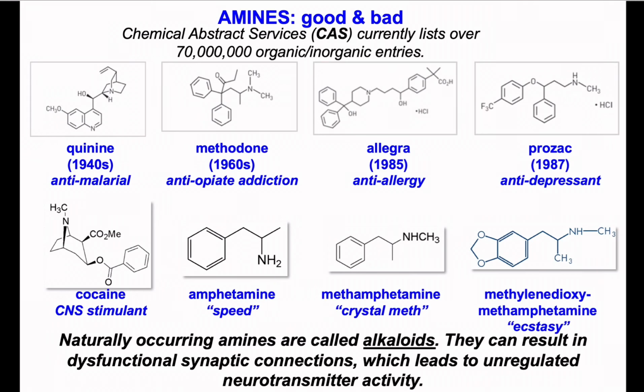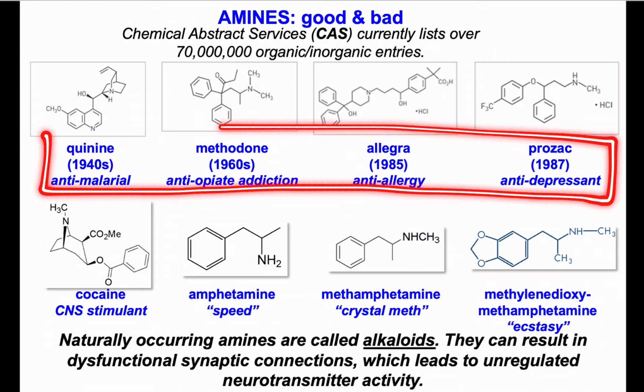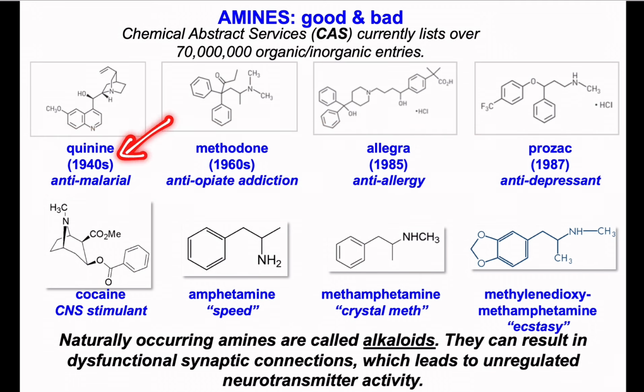Hey there, chemists. In this lesson, we're going to look at how we synthesize amines in the laboratory. Amines are also called alkaloids if you have a naturally occurring amine. And on your screen are just some examples of successful drug molecules over the years, anything from the anti-malarial quinine to one of the first successful antidepressants in the 80s known as Prozac, along with some other